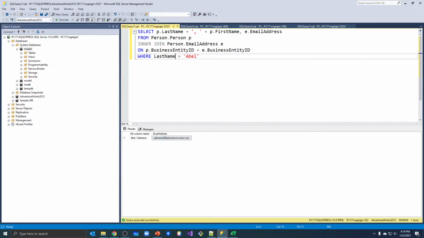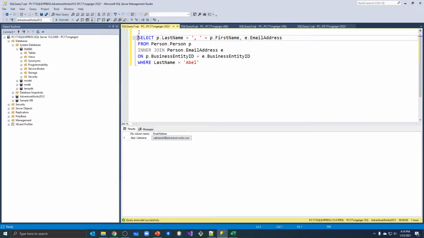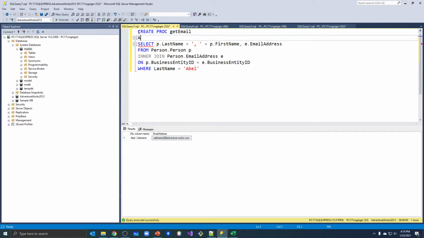How do I make this a stored procedure? Okay. And it's as simple as, much like we did with views, we say create procedure. I can abbreviate it PROC. And I have to give it a name. So I'll call it get email. And then put AS. So get a working query. And now I've turned it into a procedure. When I execute that,